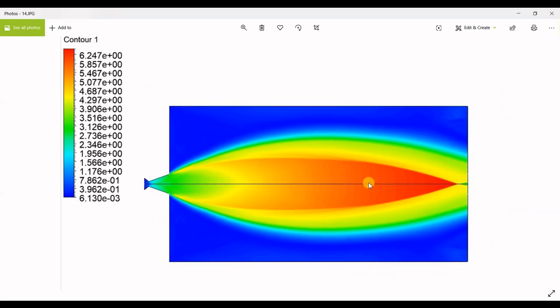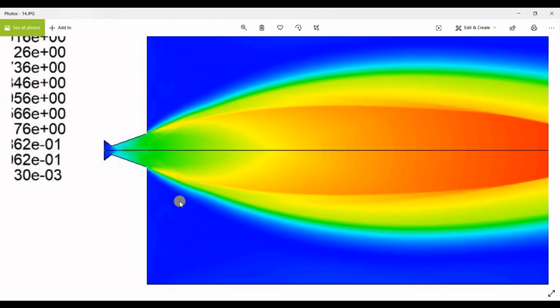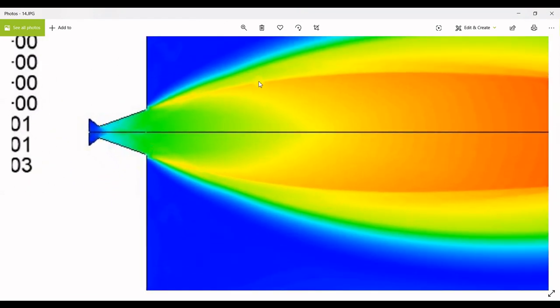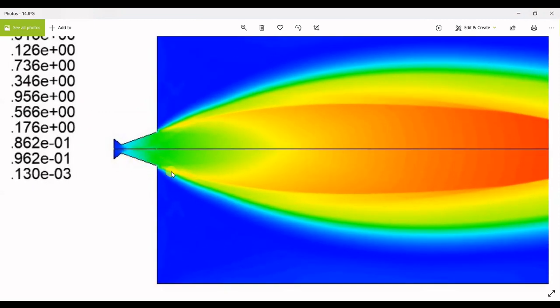simulation. And this particular result what you're watching over here was performed as a 2D analysis, and that too only on the upper half. You can see a line over here. This is the line of symmetry. The reason for performing the analysis on the upper half was because the case is symmetric. Whatever is happening on the left hand side will also happen on the right hand side, because the rocket nozzle is axisymmetric. That is the reason we have simplified the case and performed the analysis only on